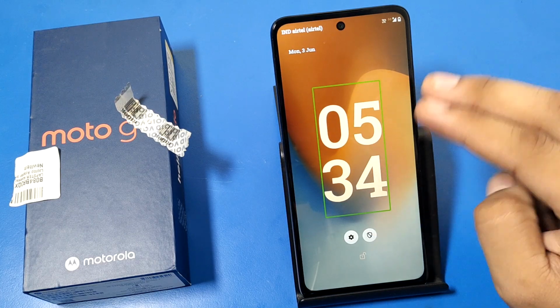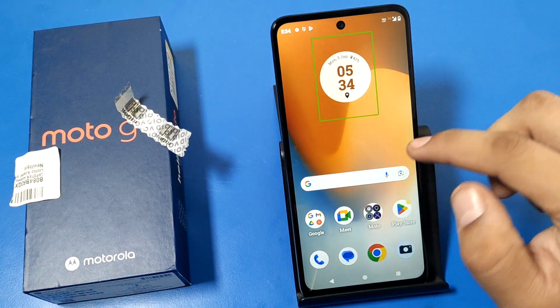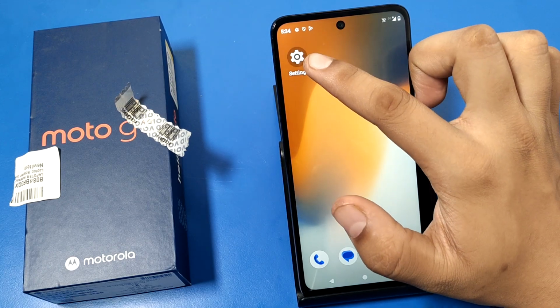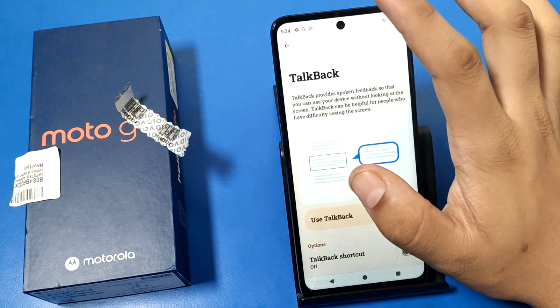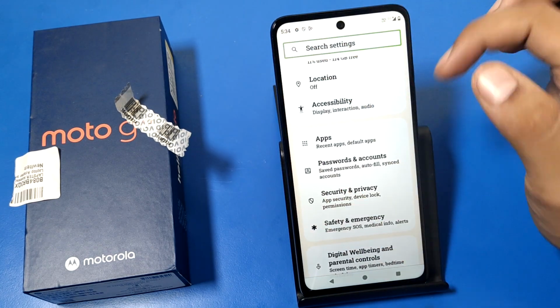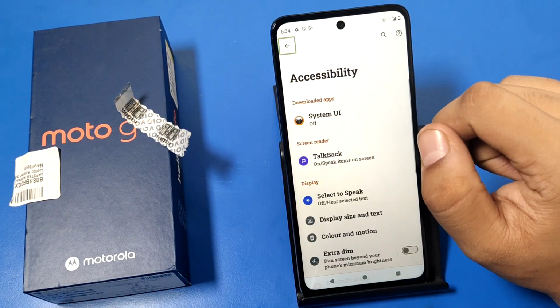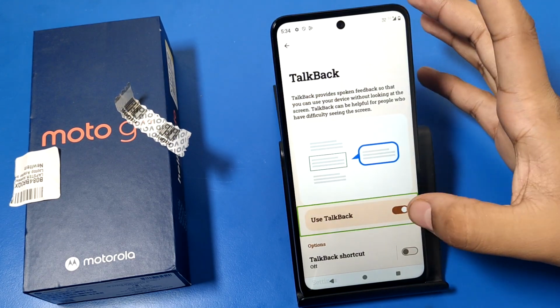First you have to take two fingers and swipe up, like two fingers, and then it is open now. Swipe like two fingers, you can see, and then one tap to select the app and double tap to open that, like this. Double tap and then you can see this interface. Then you have to go to accessibility, double tap it, talk back, double tap, turn off, like this,